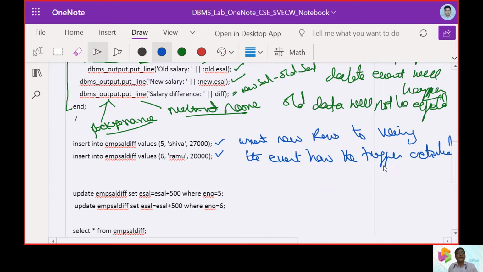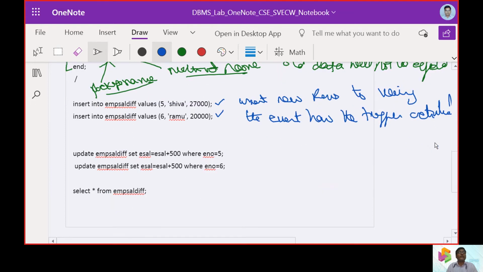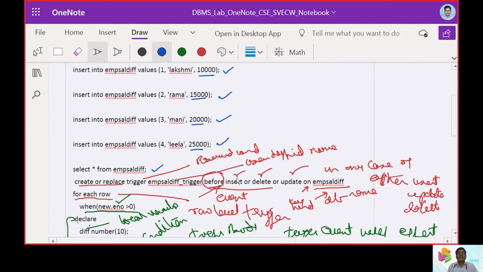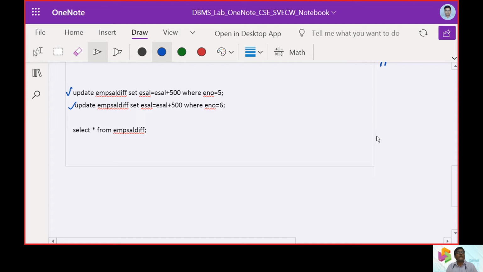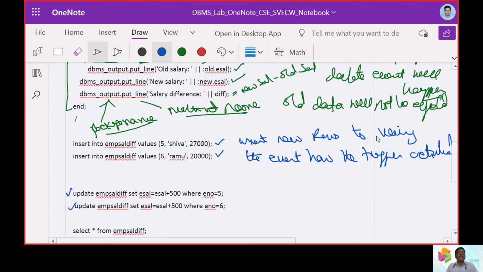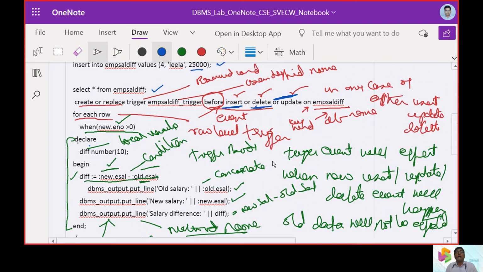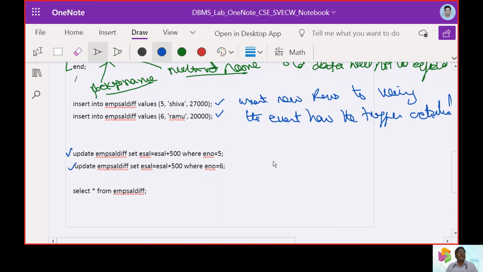How the trigger is going to be activated, we need to verify. Similarly, we are going to use the update commands also. Why are we going to use insert and update? Because it is happening at an insert, at a delete, and at an update operation. So we need to check whether this constraint is going to meet the expected value or not. Let us see here.